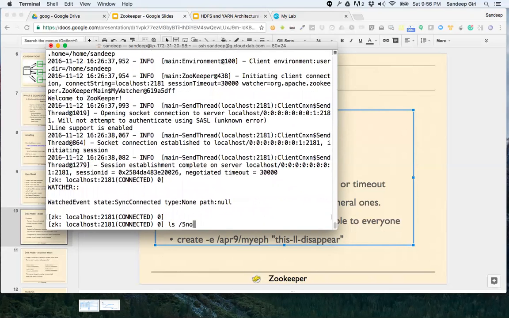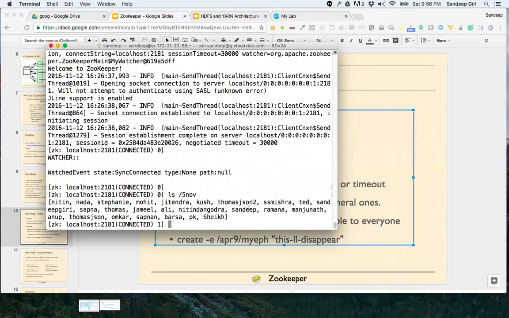So Saptrishi, you have to provide the data as well while creating the node. You'll have to say create 5 November Saptrishi and then data. And this data has to be in the JSON format. It could even be something like this.